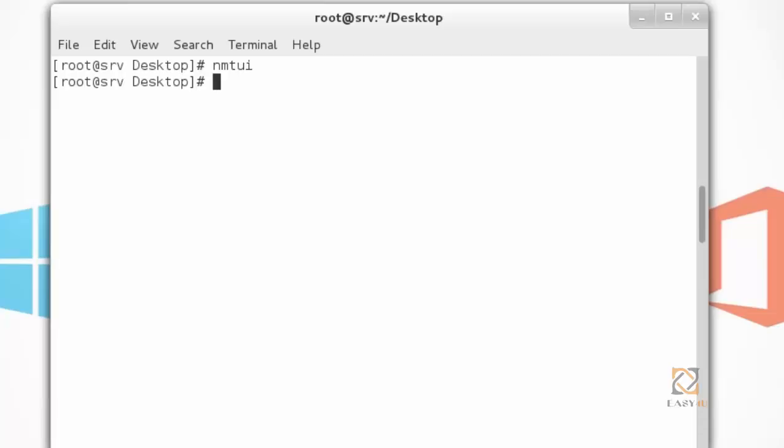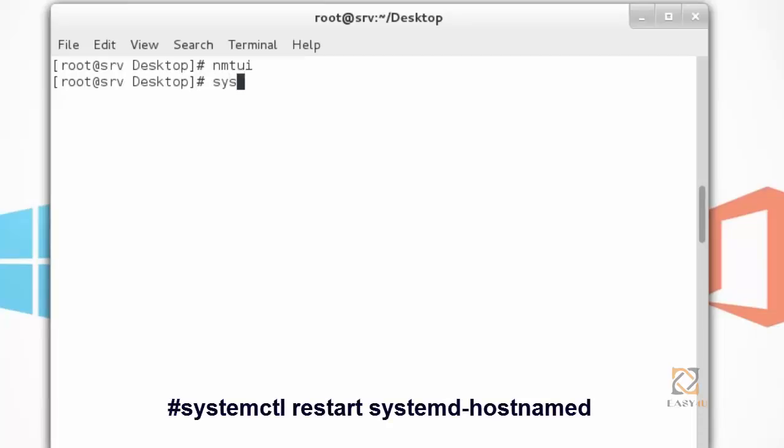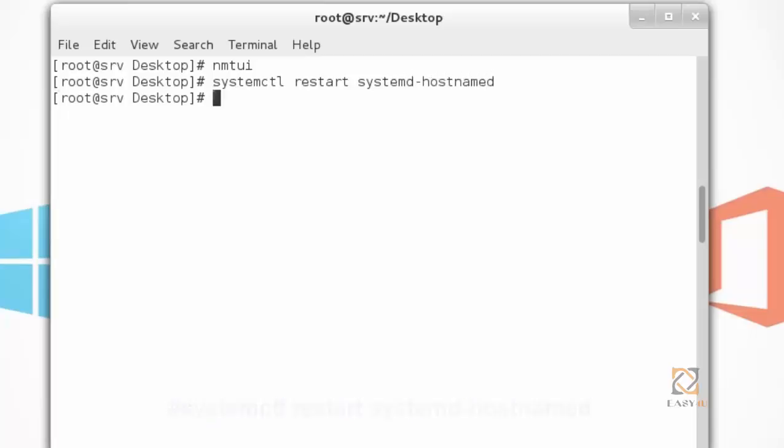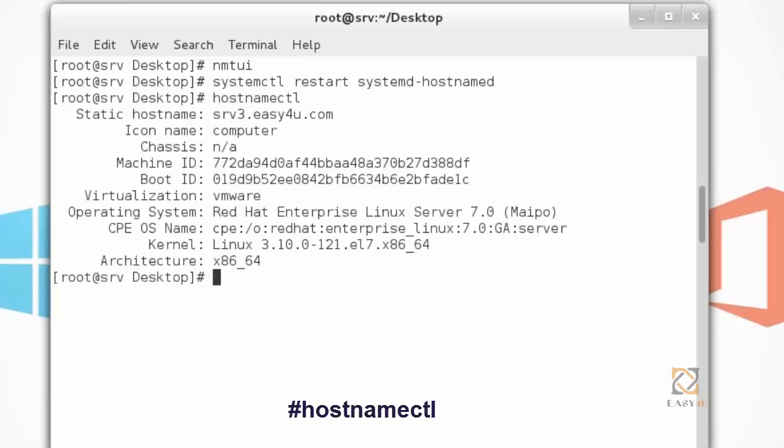To restart the hostname service, you need to execute this command: systemctl space restart space systemd-hostname, then check the hostname. This is the new host name for our machine, srv3.eg4u.com.